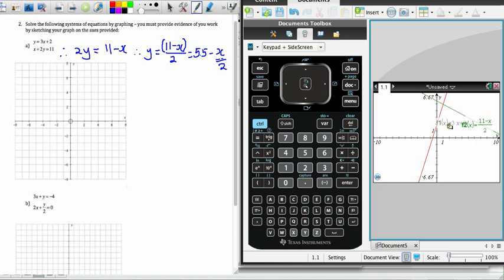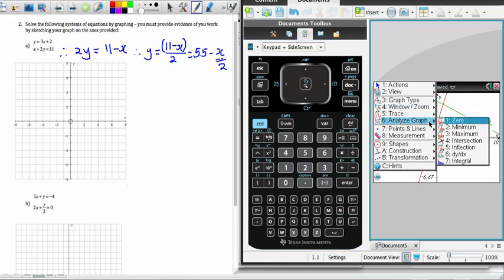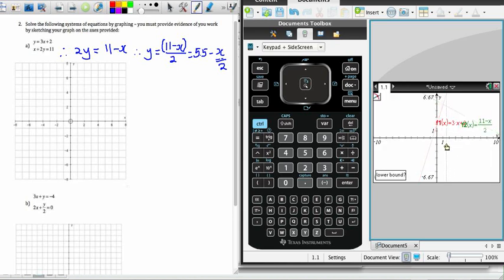Just move the label out of the way. What we're interested in now is the point of intersection between those two graphs, and in order to find that, we're going to go into the menu, and number 6 is Analyze Graph, and the option we're interested in is number 4, the intersection. And so now what the calculator is asking for is a lower bound, as you can see on the bottom left of the calculator screen. And so the lower bound is a point to the left of the intersection point. And so any point to the left, I'll just